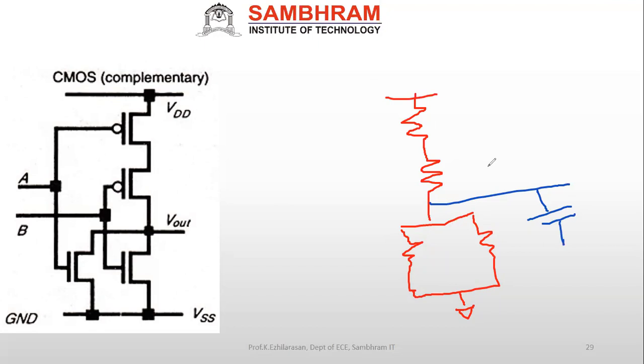Now you can see, if any one transistor is on, for example, if I give 0, 1, what will happen? Say A is 0, B is 1. A is 0 in the sense, this transistor will be on, correct? This transistor is on, then this is off, then B is on. Now we can see there is a direct path, very simple. So here we have one internal capacitance, then it is very, very easy. The delay will be very, very less.